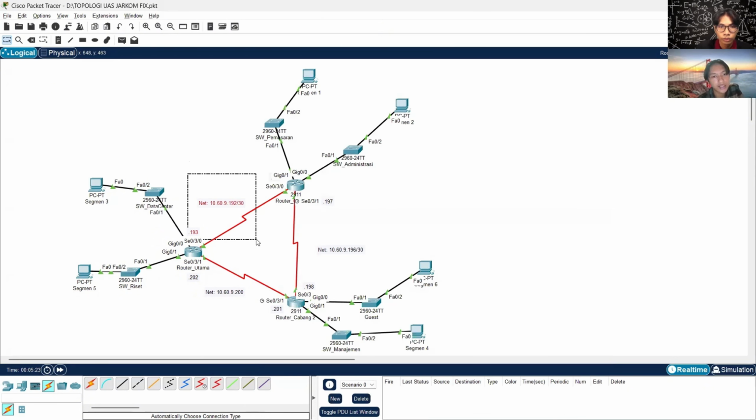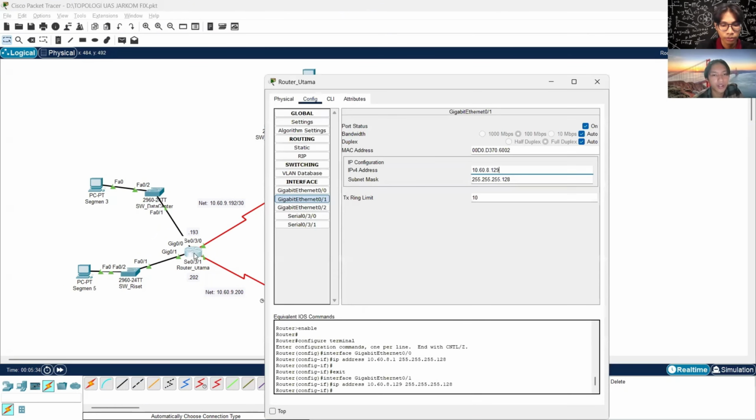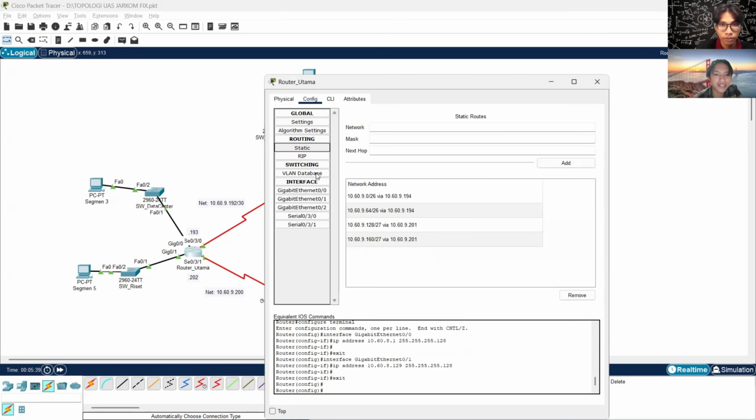Static routing is basically a link between routers. If we take a look at this router utama static routing, here's the address, or the gate, for the package to be delivered to the PC or into another network.